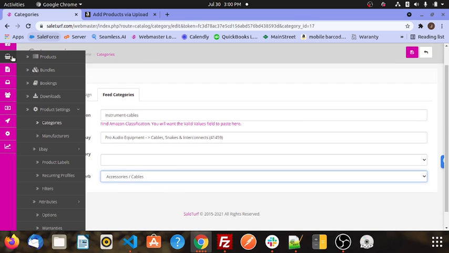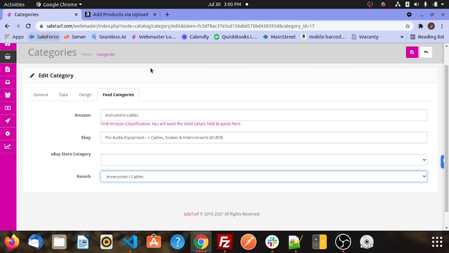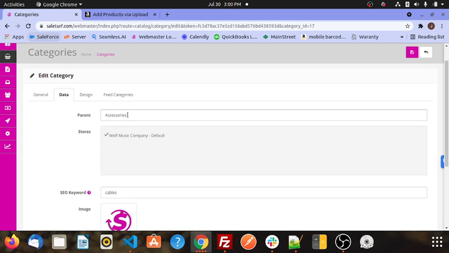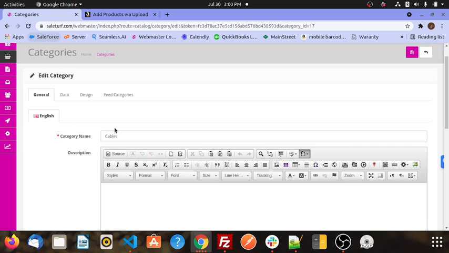on your product pages, when you edit a product, it gives you an option to select your categories. You're just going to have to select your primary category, in this case cables, as well as in this case you would want to also select accessories, so that on your website people can find it under accessories and under cables. But the only category that's going to map to the marketplace in this case is going to be the cables category, because the accessories category just couldn't map to the marketplace because it's too broad of a term and